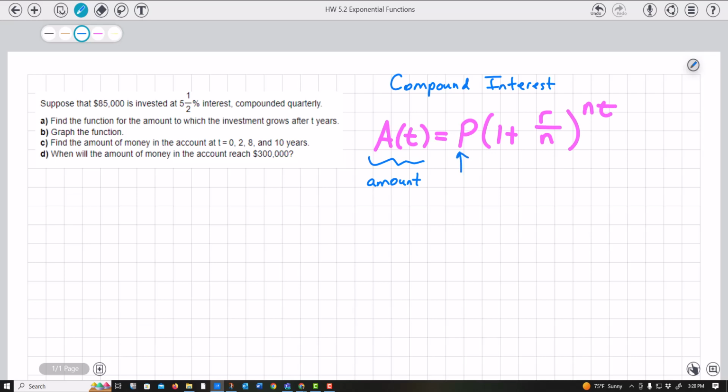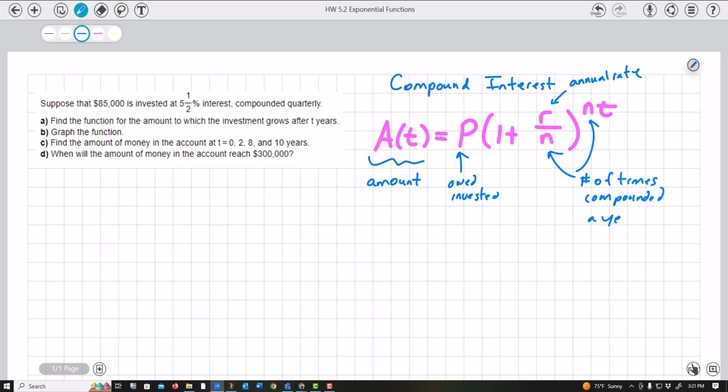This is the amount owed if it's a credit card, or it could be invested, not always bad. Then my R is my annual, so yearly rate. My N is the number of times compounded